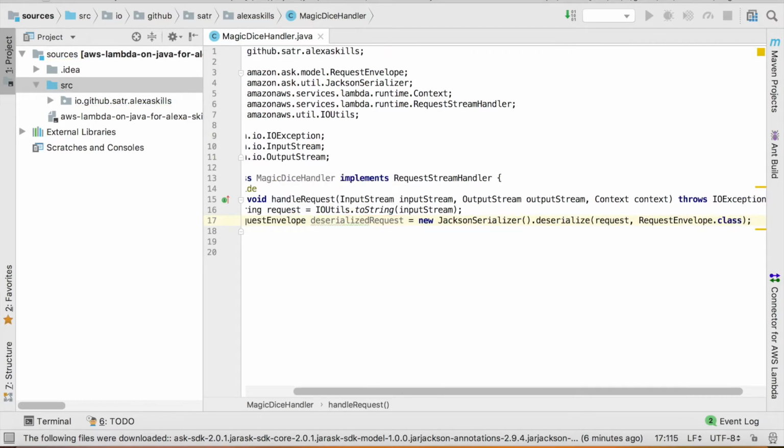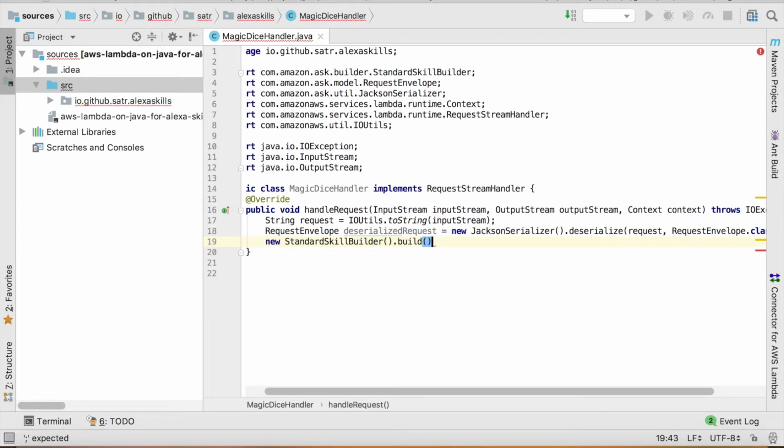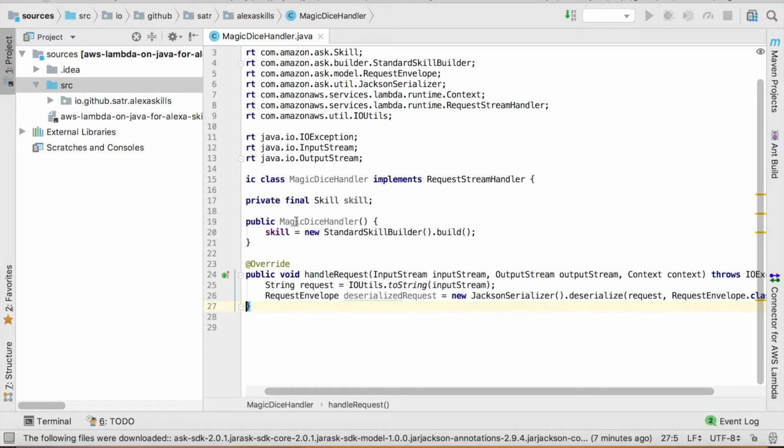Then we need to create the response, and the response would be created by the skill. We will initialize this in the constructor, and we will also initialize the Jackson serializer in the constructor, so we don't create it on every call of this Lambda function.